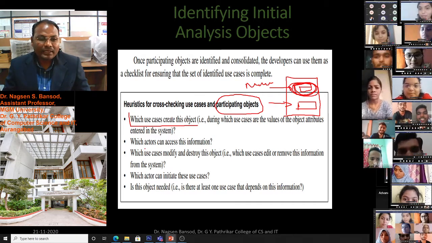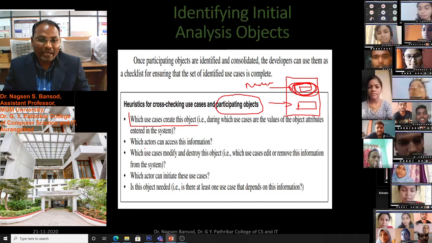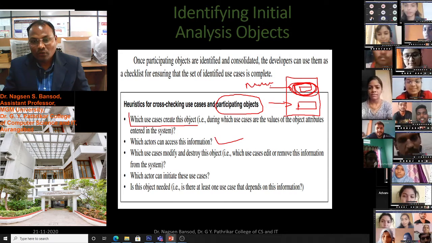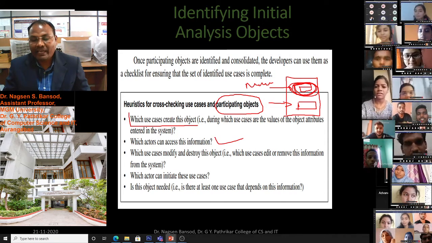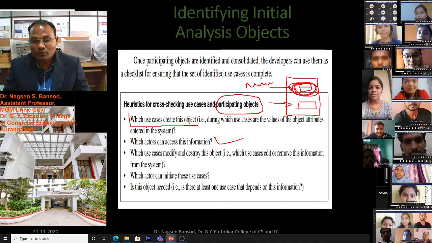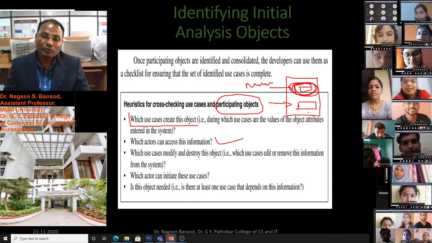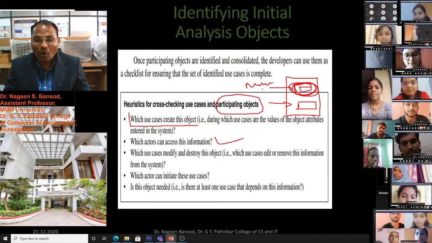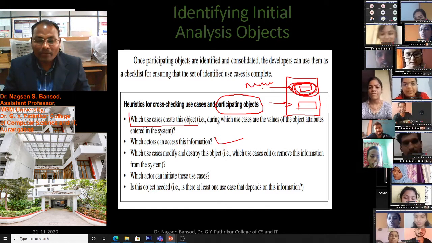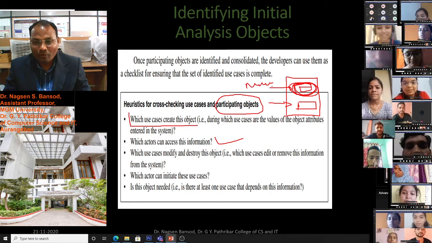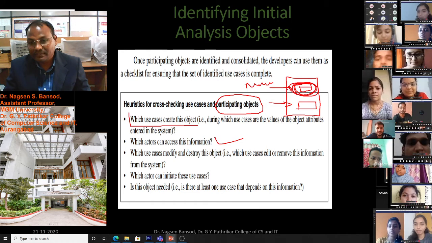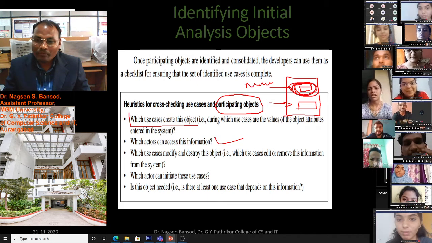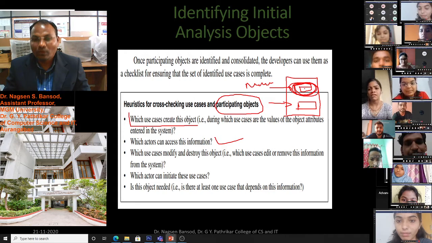Again, the second heuristic is: which actors can access this information? Which user can access the name of the student by roll number? The teacher will access, or the principal, or the head of department, or the office, or another student can access their friend's name with the help of roll number.